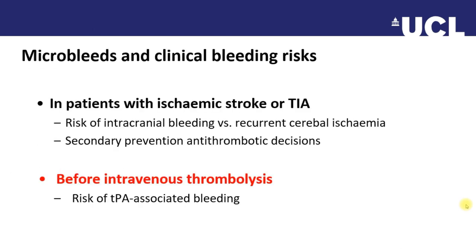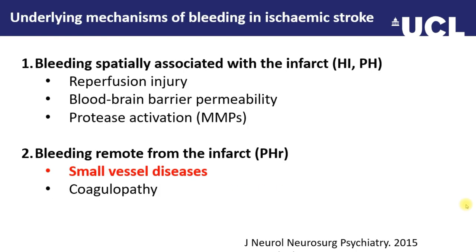Now finally, I'm going to talk about microbleeds before intravenous thrombolysis and this devastating consequence, which is intracranial hemorrhage after thrombolytic agents. Bleeding in acute ischemic stroke can be spatially associated with the acute infarct, that is hemorrhagic infarction or parenchymal hemorrhage, associated with reperfusion injury, blood-brain barrier disruption. And the second type of bleeding is remote from the infarct, which is more plausibly related to cerebral small vessel diseases